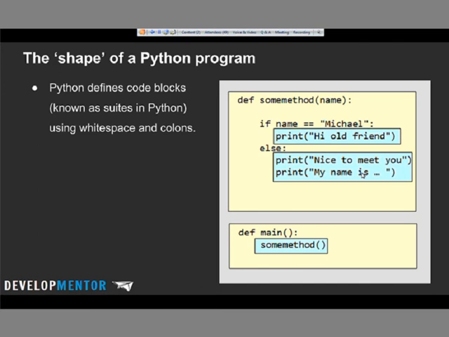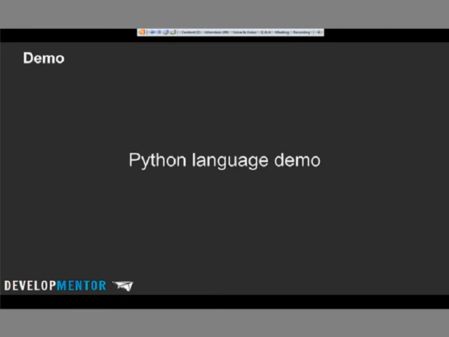So this seems a little bit unusual when you first see it, and it definitely catches you off guard. But what you'll see is when you start working with the editors, the IDEs and tools like that, they make this very natural and very easy, and a lot of times it's actually nicer than what's going on in C# because it enforces a common way to indent and define blocks and so on. Right, but you've got to be aware that that's what's happening. So white space matters. So let's just do a really quick demo, and then we'll move on to talking about the parallels between .NET and Python.